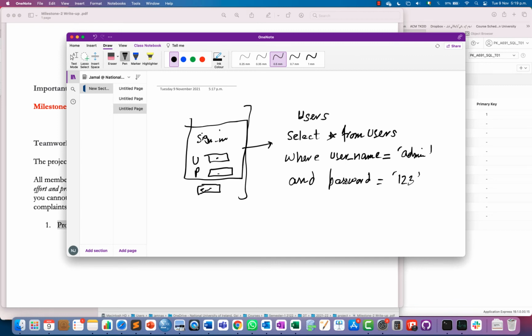So this is a basic SQL statement that would be running after the execution of this button. So you have to provide this thing, that for this GUI you would be running this sort of SQL statement at the back end.